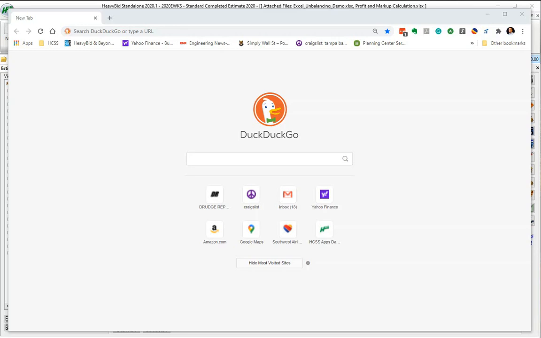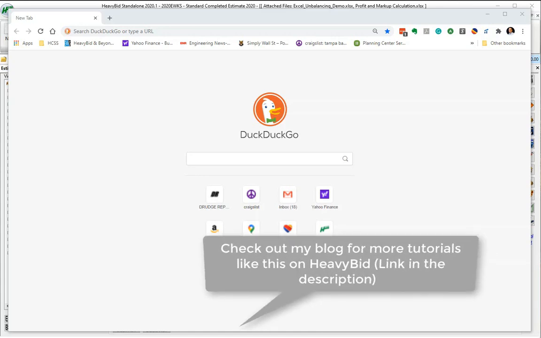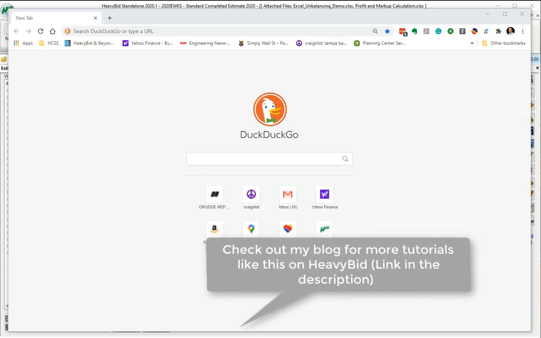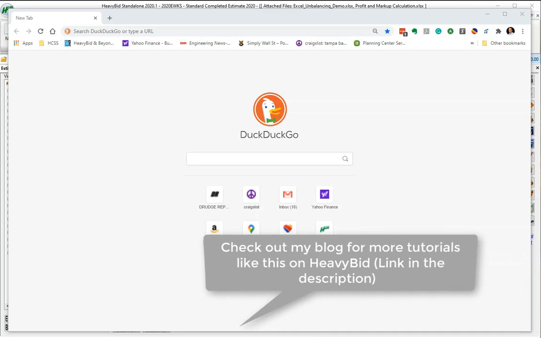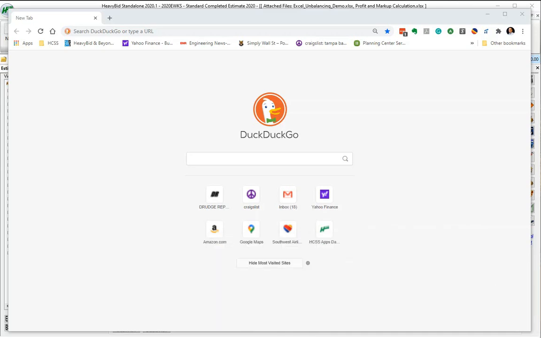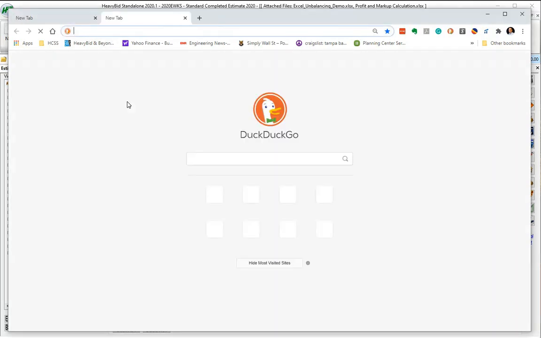The first thing that you're going to want to do to set up this emergency plan is to have an install of HeavyBid ready to go. Now, you don't want to pre-install it, but you want to have it ready to install on the day that you have this emergency. And then you're going to call HCSS and get the install code so that you can install this standalone. So where do I get that? Well, I would go to